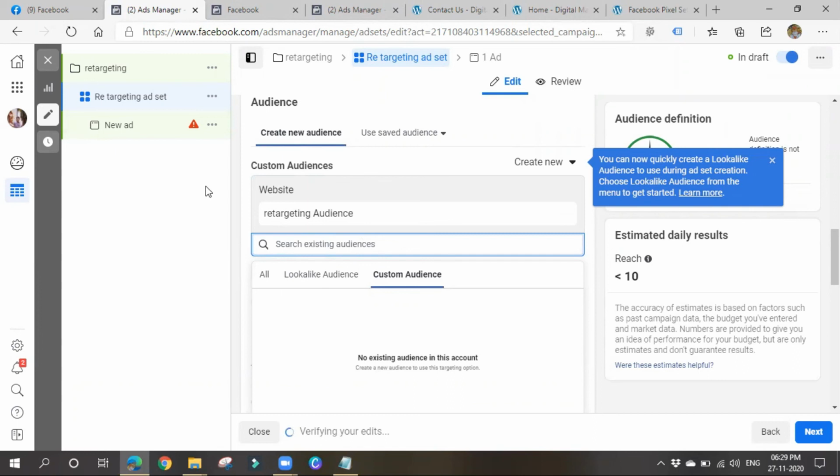Make sure that your ad looks creative and attractive. Give some offers so that you can grab people. You can grab them back to your website, and you have to make them purchase your product or perform a conversion on your website. So make sure that your ad is attractive. So that's about today's class.